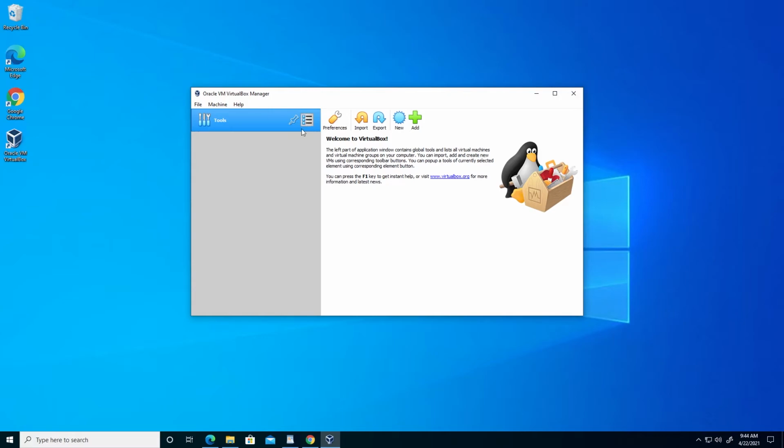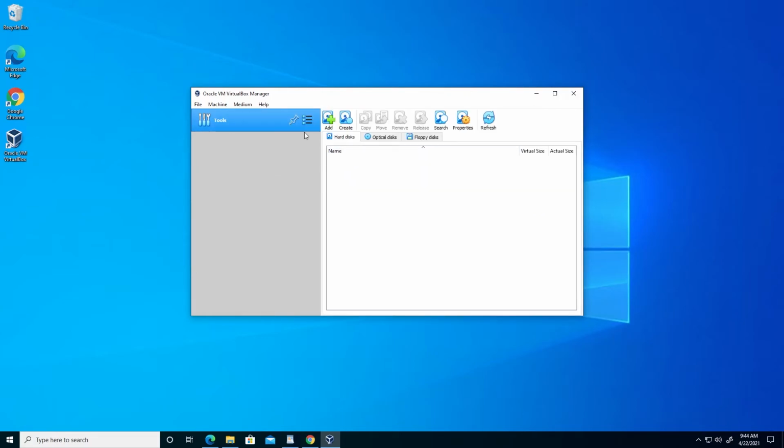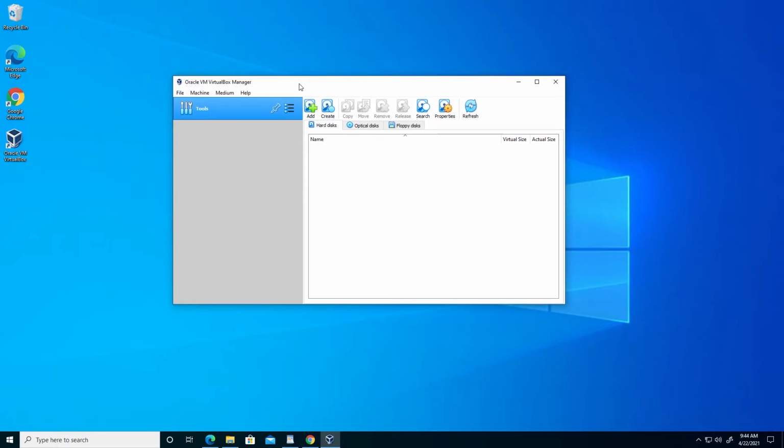Now you have installed VirtualBox Manager. I usually change this to this. Over here you have the pull down menus with all the options that we will get into in the new videos. In the next videos, I will show you how to install Ubuntu, Windows 10 and all other machines. I will do a complete walkthrough of how to go from this to a fully functioning virtual machine.